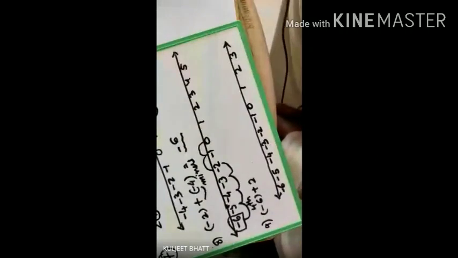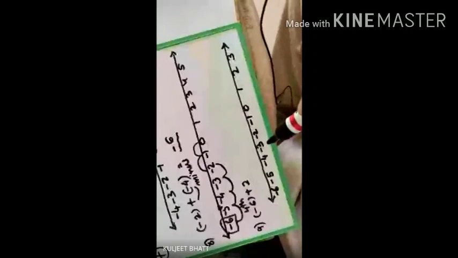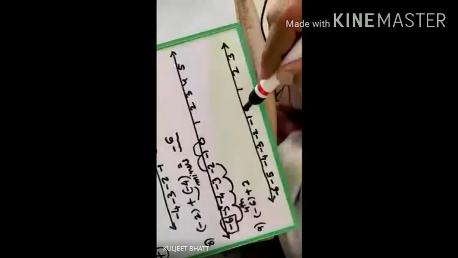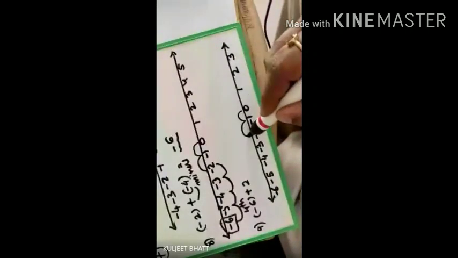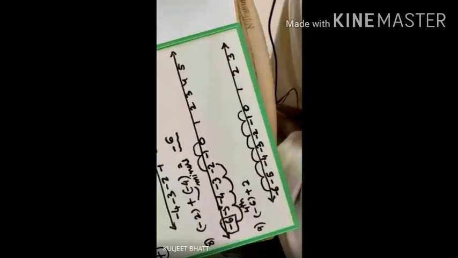Now if you can see me here doing the sums, the first part is -6. So what will you do? You will jump 6 steps towards your left because it is -6. So 6 steps towards your left. 1, 2, 3, 4, 5, and 6. You have reached till -6.